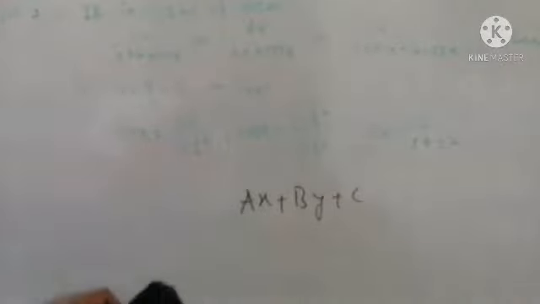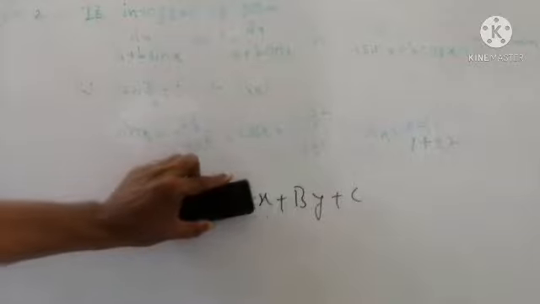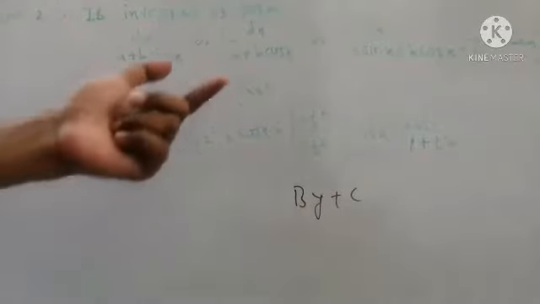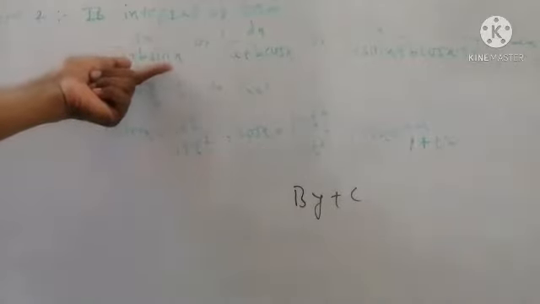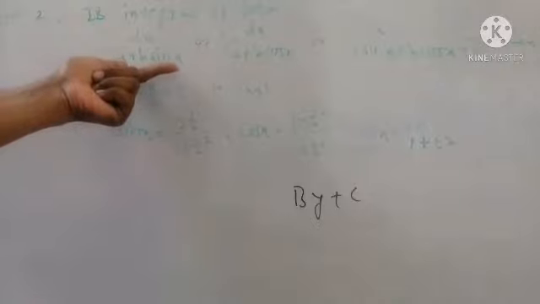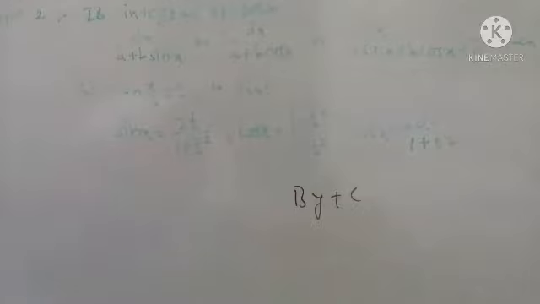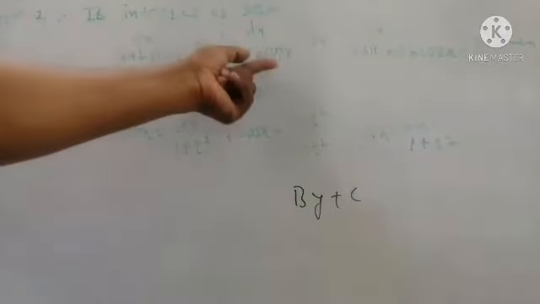If in a linear polynomial of x and y the term of x is eliminated, then two terms are remaining, the term of y and the term of constant. Similarly here, if the term of cos x is eliminated, then we get a linear term of sin x. Similarly we can evaluate the linear term of cos x. In general, we can say that in type 2 the numerator is always 1, here denoted by dx, and the denominator is a linear term of sin x or cos x or sin and cos.